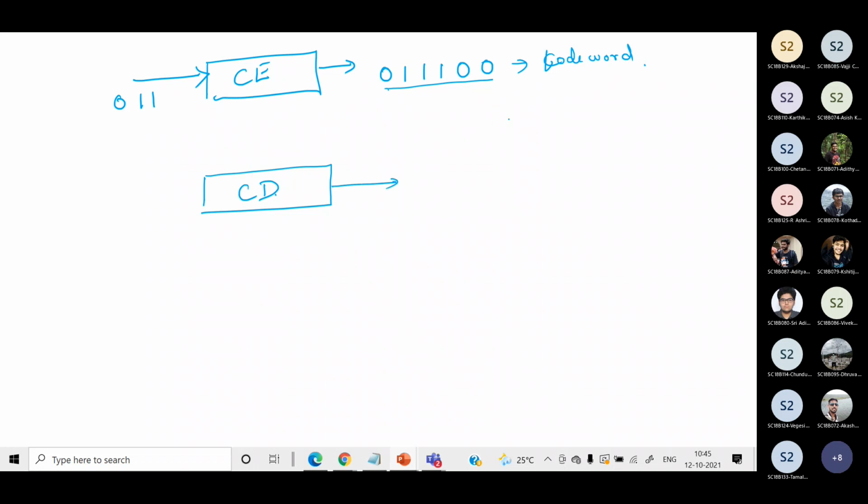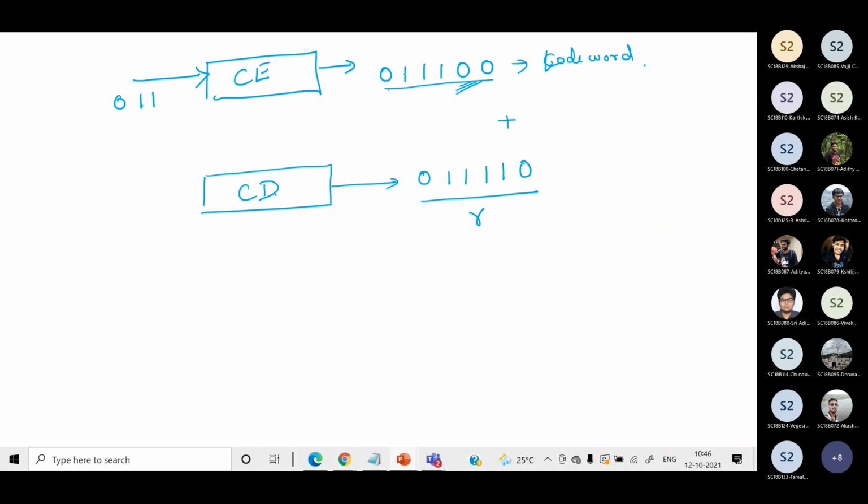So it is added with noise. Here, an error turns 0 into 1 and 1 into 0 at the position where the error occurred. For example, say an error occurred at this position. It means the received bit will be 0, 1, 1, 1. A 0 is now turned into 1, 0. So this will be your received vector R.